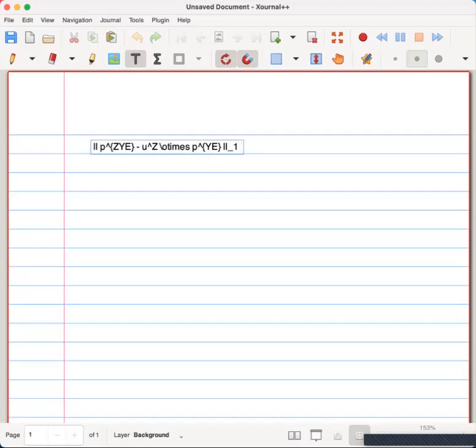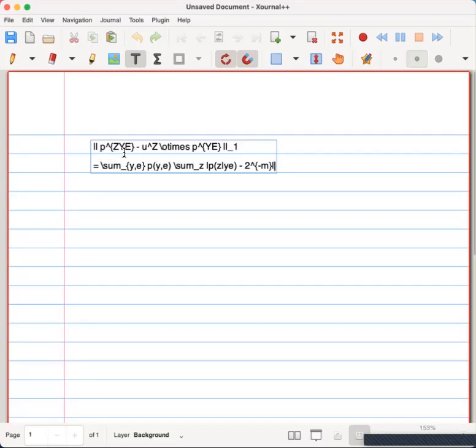So we want to show that this is very small. We'll just write down what this quantity is. So let me write PYE and then